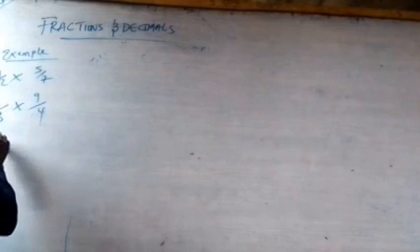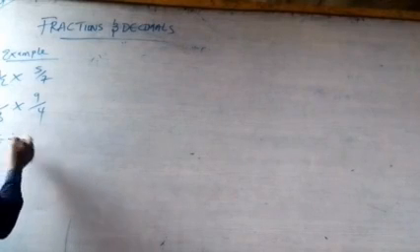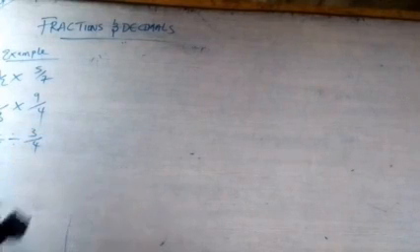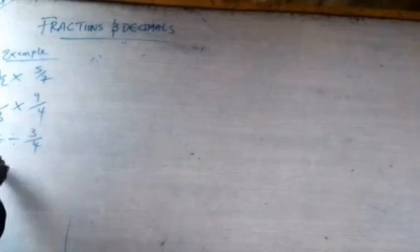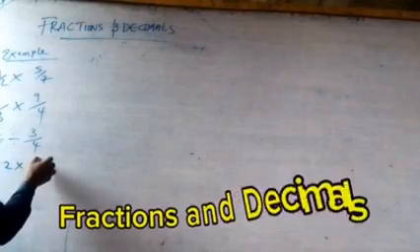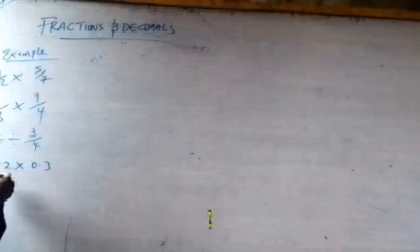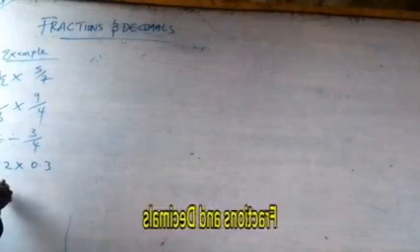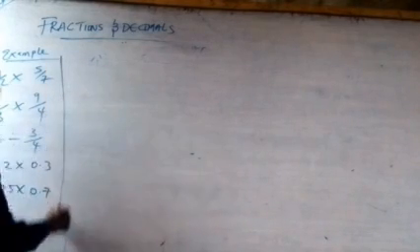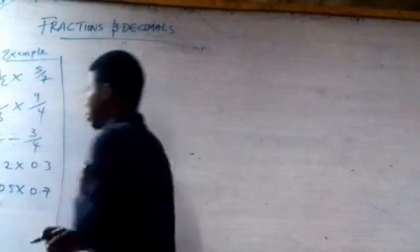We have 7/8 divided by 3/4, like that, and we have 0.2 times 0.3, right? And we have 0.05 times 0.7. All right, so